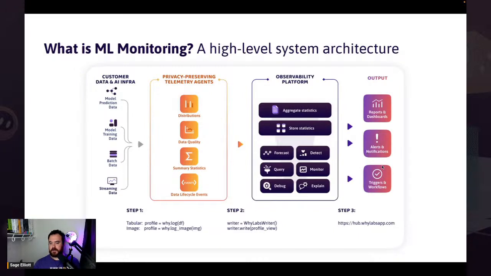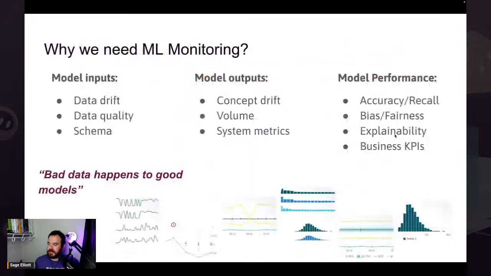All right, so let's go a little bit more into why we need ML monitoring. Again, put in the chat if you've ever put a machine learning model in production, and maybe you've experienced some of these, and we'll go a little bit deeper in a second as well. When you deploy a machine learning model, like we were talking about, things usually happen to your data or model predictions. Things like data drift can occur, where the input data to your model no longer really matches the training distribution that was in your training data set. So chances are your model's probably not going to be giving the most accurate results on that new data.